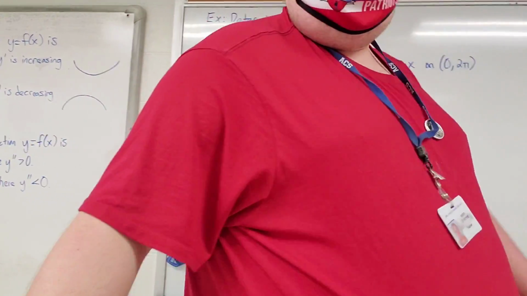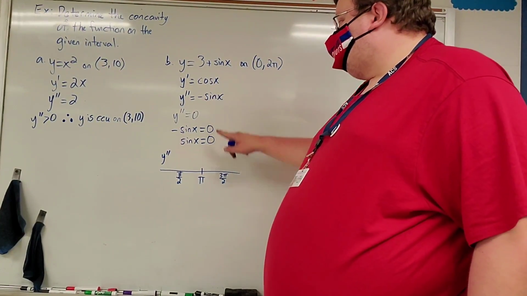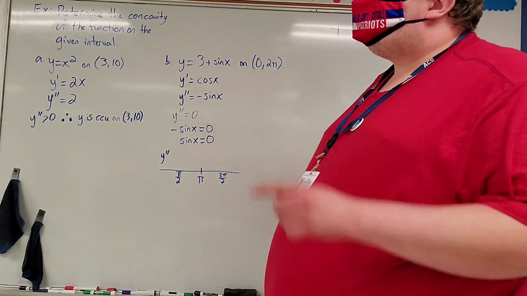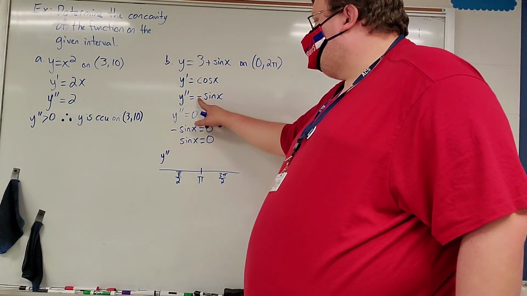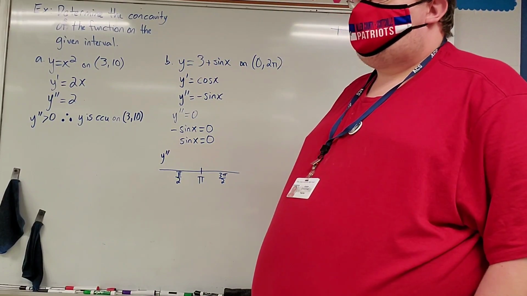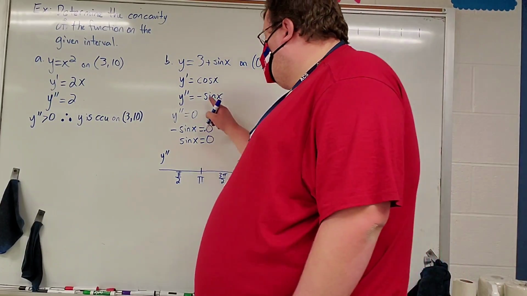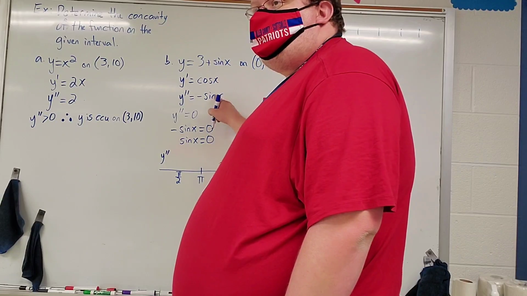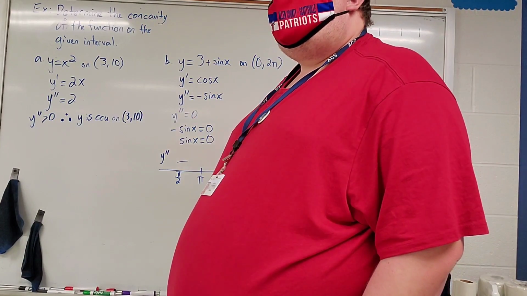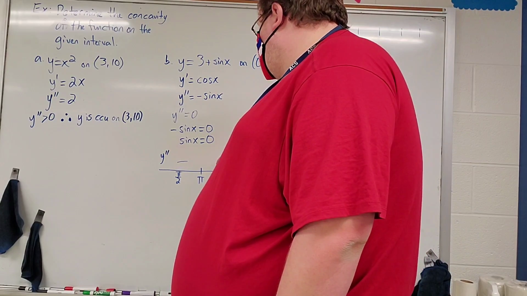So what are the values there? If I plug into negative sine x, I'm plugging in negative sine x right here. If I plug in pi over 2, let's find sine of pi over 2, and then we just change the sign of it because of the negative in front. So what is sine of pi over 2? What's the y-coordinate at pi over 2? 1. But that'll be a negative 1 because of the negative in front. Yeah, so it's going to be negative. And at 3 pi over 2, sine is negative 1, but the negative in front will make that a positive 1. So we change from